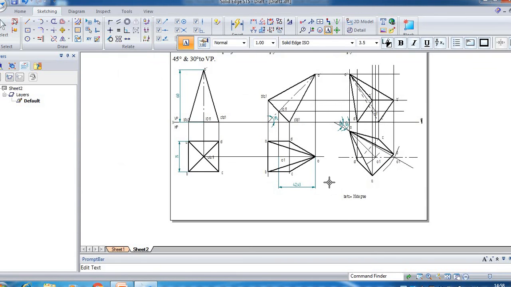So the only difference between the previous problem and this problem is that in the third step he has given the angle with respect to VP for the axis line itself. In such cases you need to find out the apparent angle, provided he has not used the words appears to be. Okay, thank you.